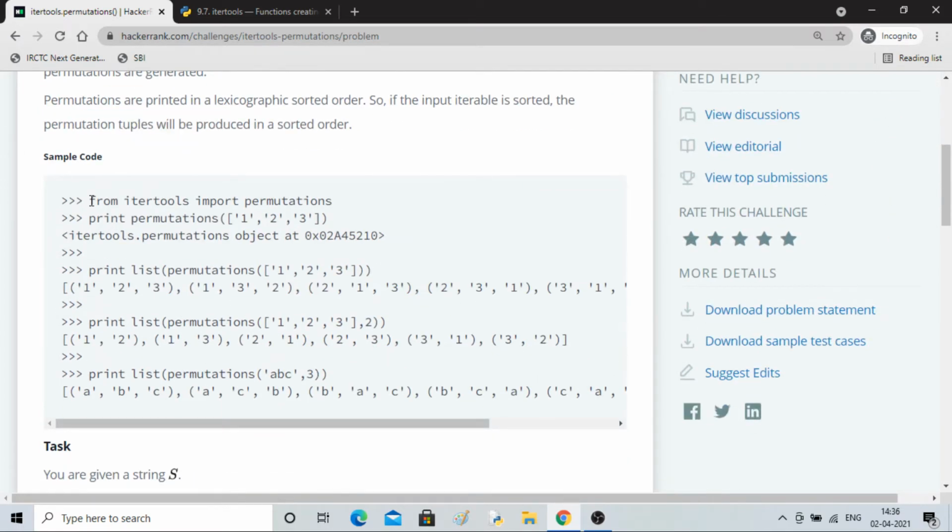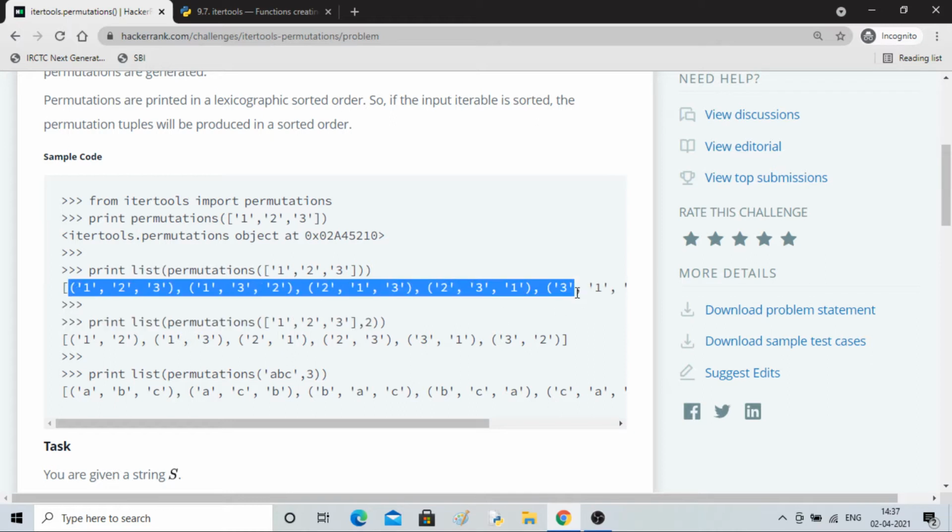Okay, here you can see the library has been loaded: from itertools import permutations. Then you apply list on the permutations function and you print it. If you print it directly you won't be able to see anything, but if you apply list, then you will see the possible combinations.